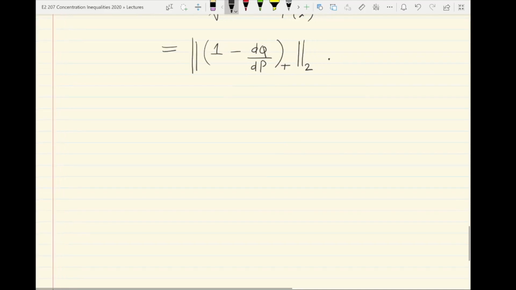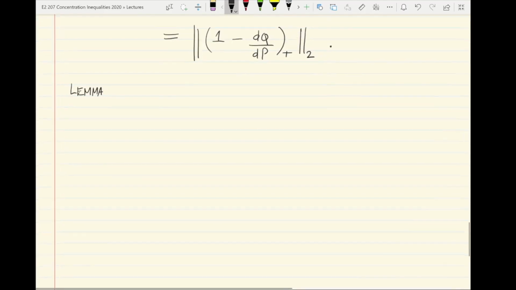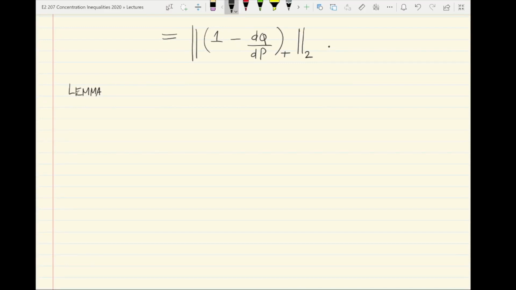So here's a lemma, which is very similar to sort of a transportation cost lemma for the total variation distance. Given any two random variables, any two distributions p and q, there exists a coupling (X, Y) of p and q